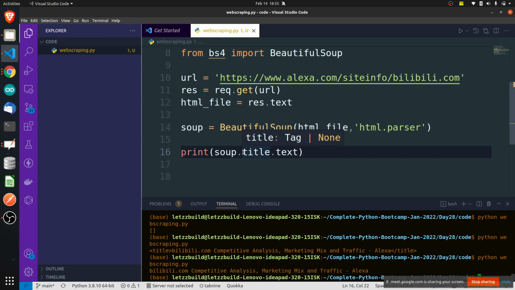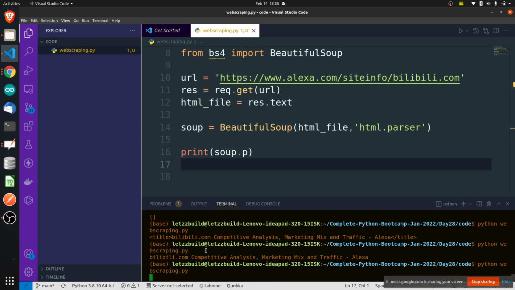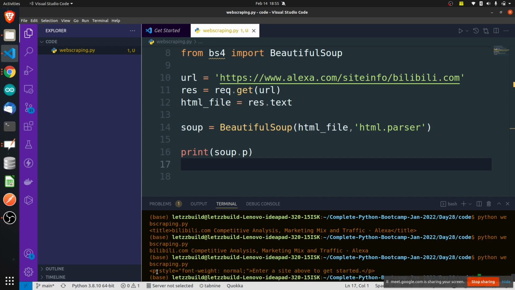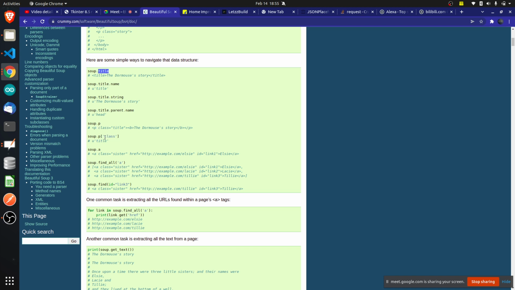If you want to get all the P's, P's means all the P tags that are used in this HTML file. I want to see all that. You will get all the P tags. See here, only one P tag is there itself, so this P tag you are getting. Okay, so if you do .p, I think it will return only one P tag, the first P tag. So see here, P tag is there. You can get a P tag of title class. That also you can do.